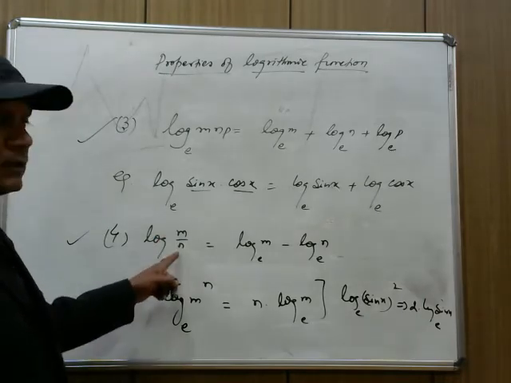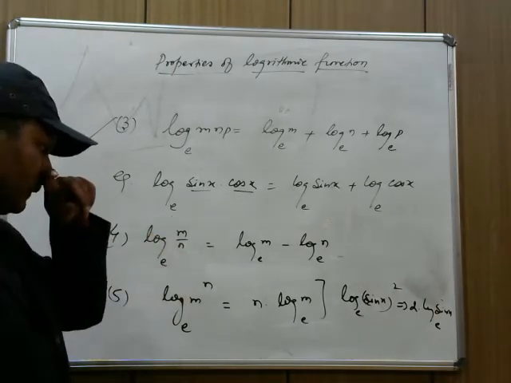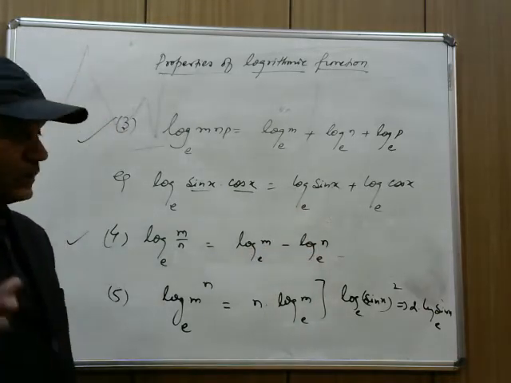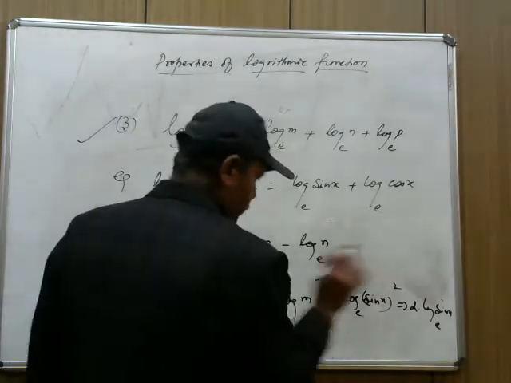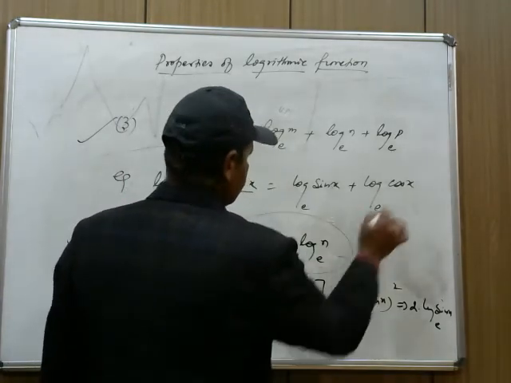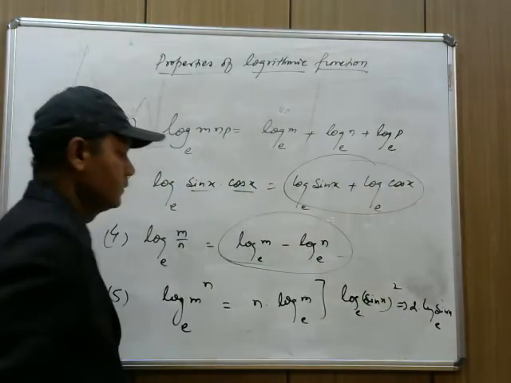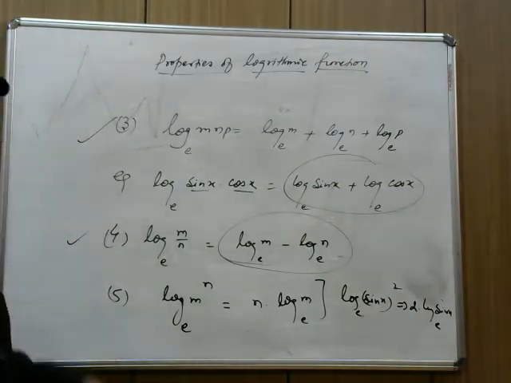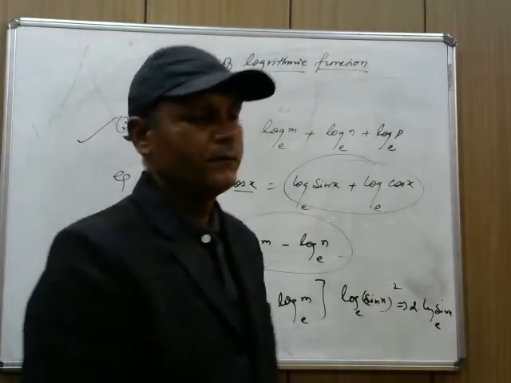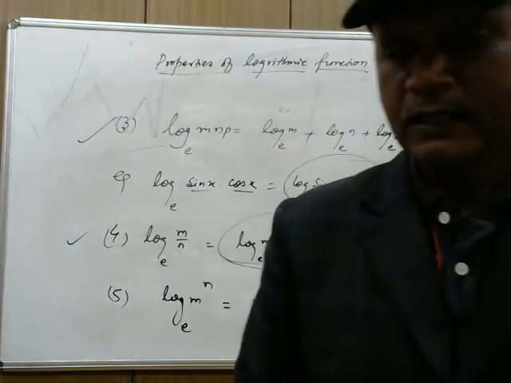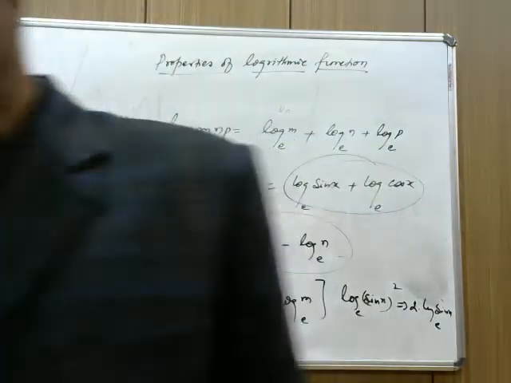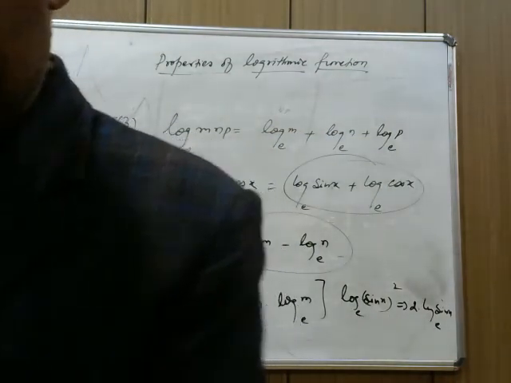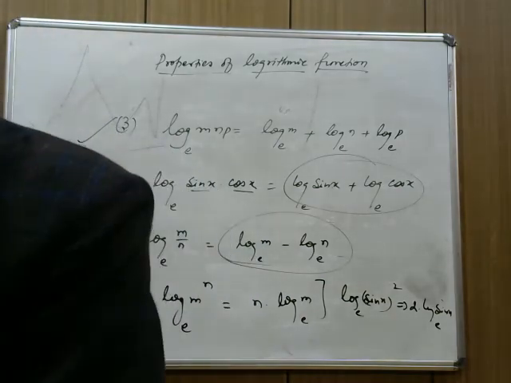And if there is a division, log of sin x upon cos x, we will write log of sin x minus log of cos x. But remember the same thing, we don't have any formula if it is in terms of addition. We have only these 5 basic rules for logarithmic function, and accordingly we can solve the problems, right? And for any question,